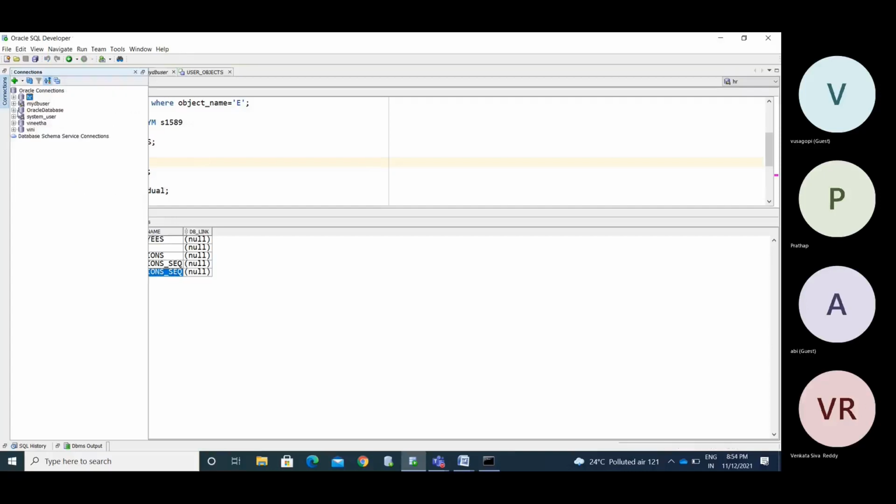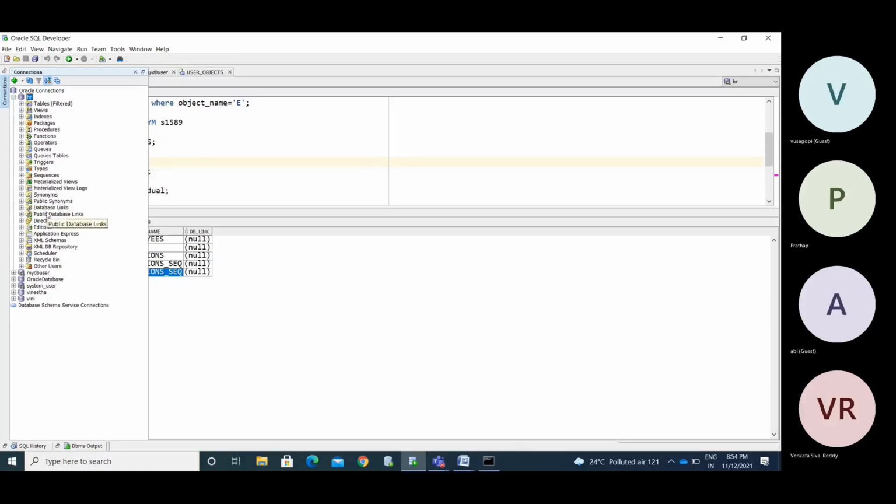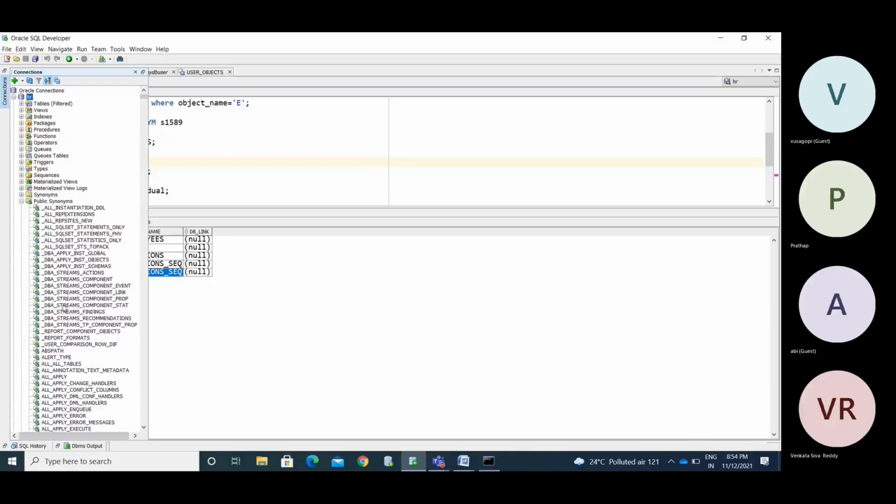See, here we also have synonyms and public synonyms as different things, so you can identify them. These are all the public synonyms.